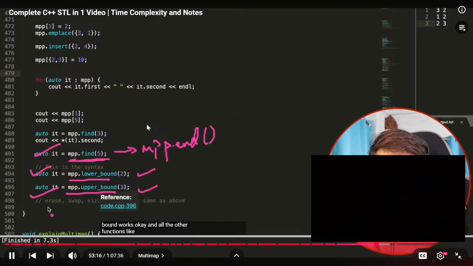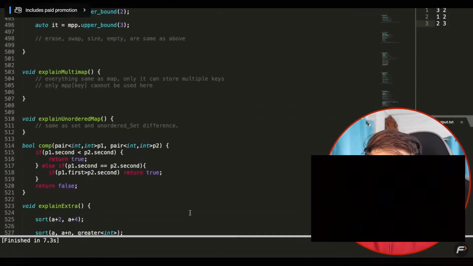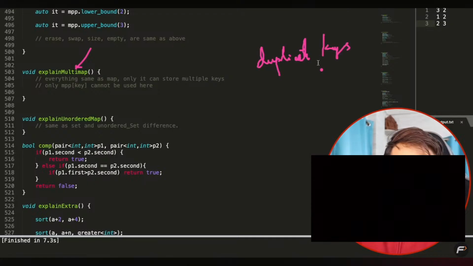Okay, and all the other functions like erase, swap, size, empty are the same, so I'm not going to explain them again. Next thing is multimap, similar to map. The only thing is you can store duplicate keys. Something similar to